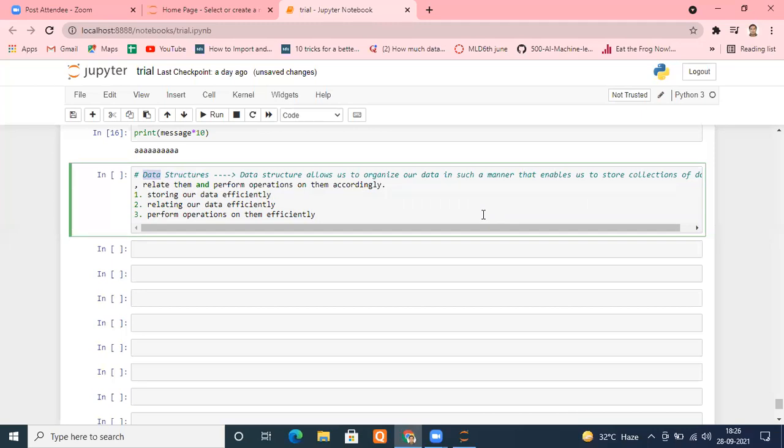You were also given the structure of how we are going to follow the curriculum. So we formed a structure of our internship program so that everything is related, and that is very important for everything to work properly. Here we are concerned about the structure of data: store it efficiently, relate it efficiently, and perform operations on it efficiently. All of this is possible if we organize our data structures properly.